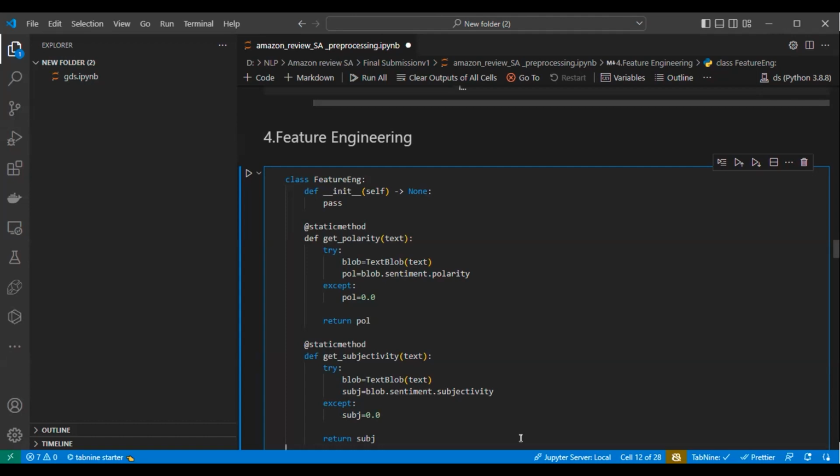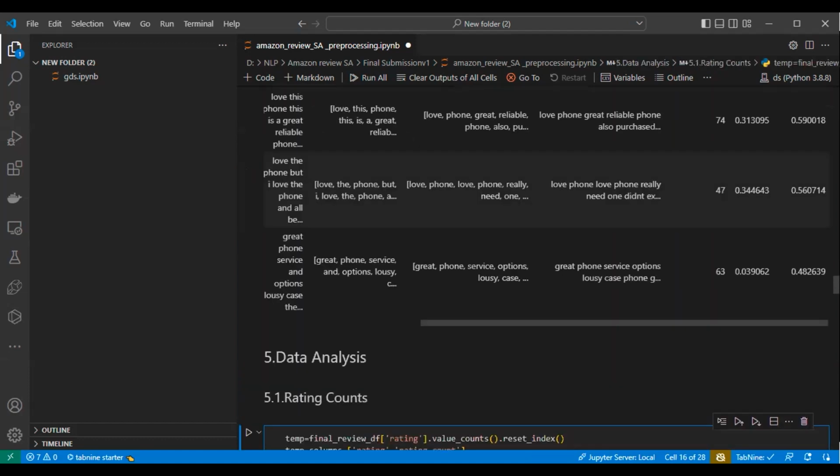Now the next thing is subjectivity. The subjectivity output lies between 0 and 1. Basically, if it is 0, we can say it has high subjectivity.